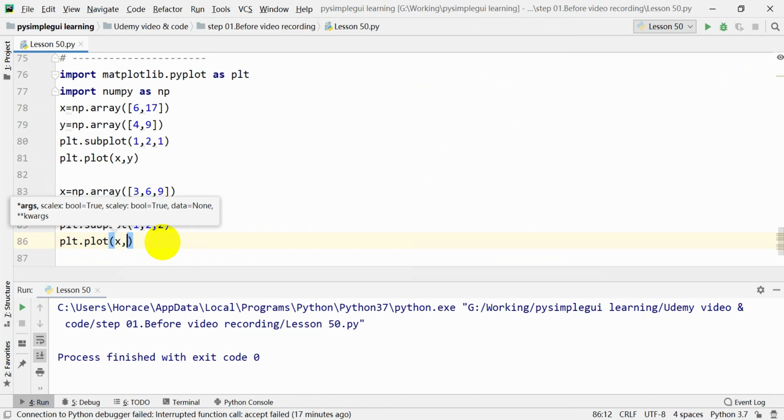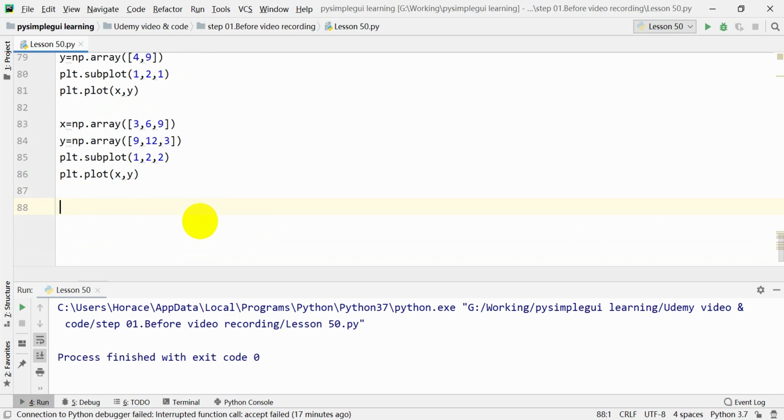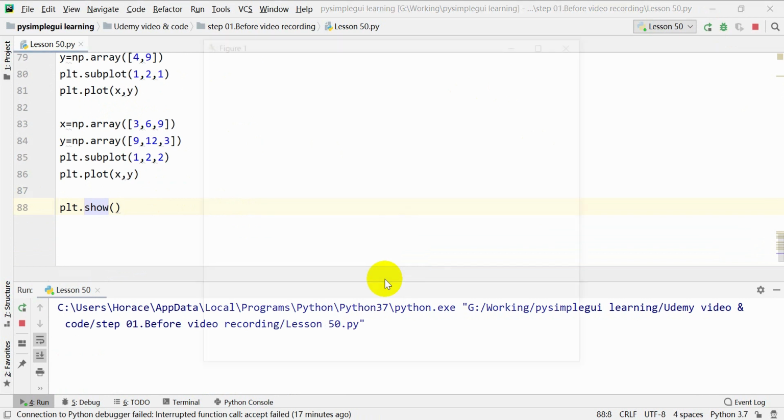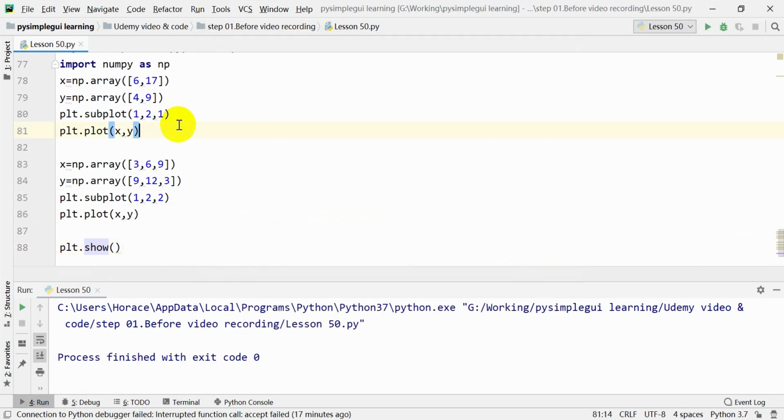Plot x and y. Alright, so now let's run this. Okay. Also, really important, don't forget to write down show. Alright, so now we have these 2 different plots. This is plot number 1 and plot number 2. Of course, we can label this with